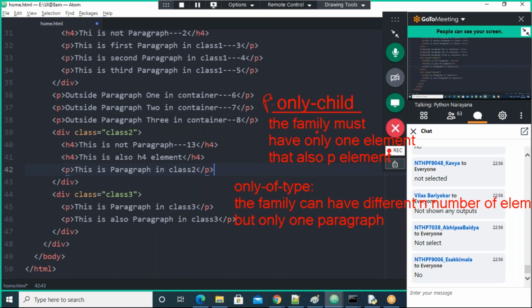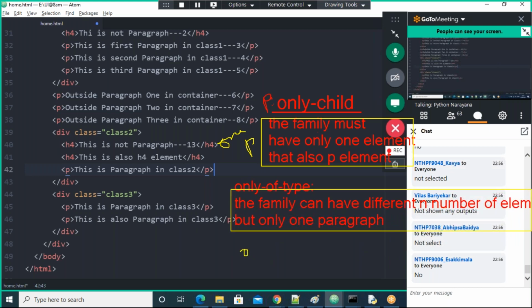In both cases, here also only one paragraph, and here also only one paragraph. The difference is that here there are no other elements, but here we can have other elements. That is the difference.